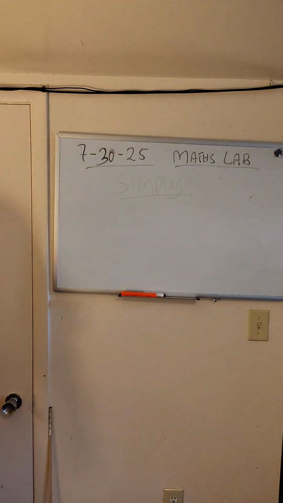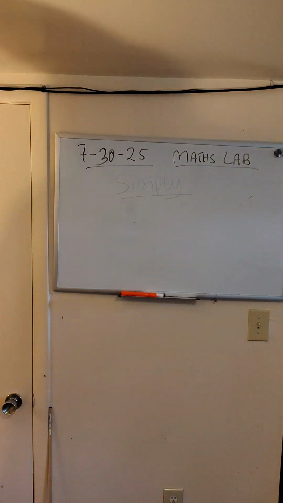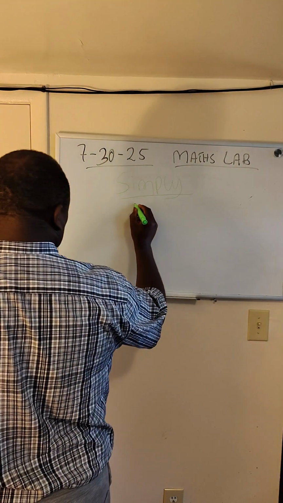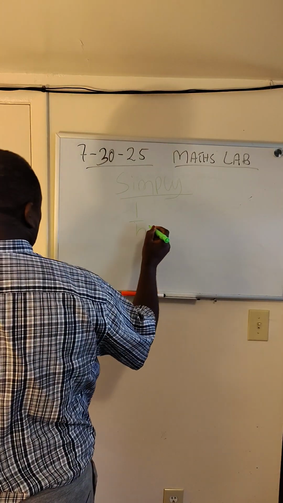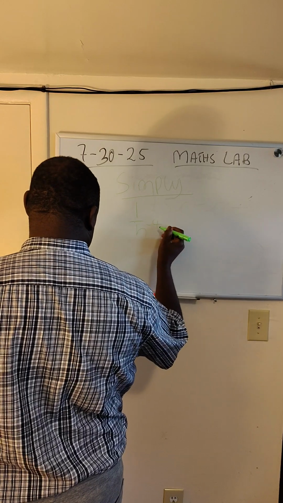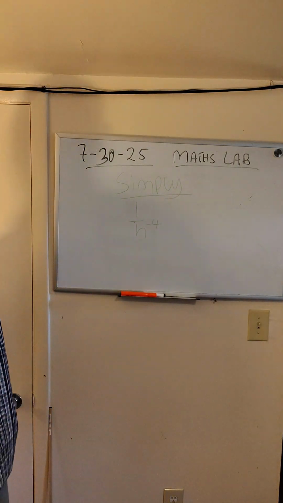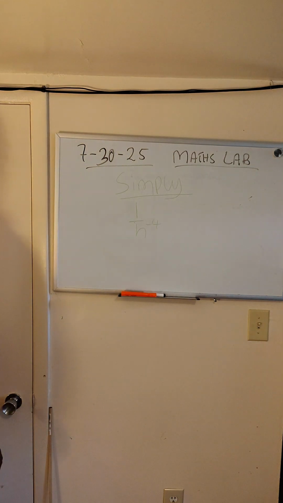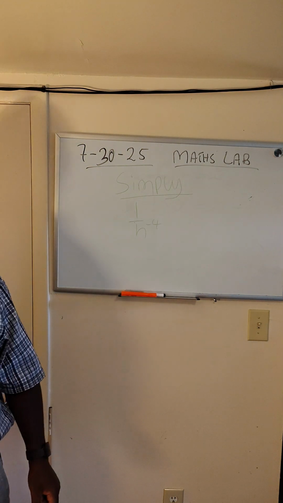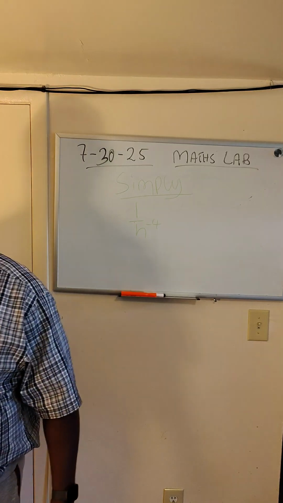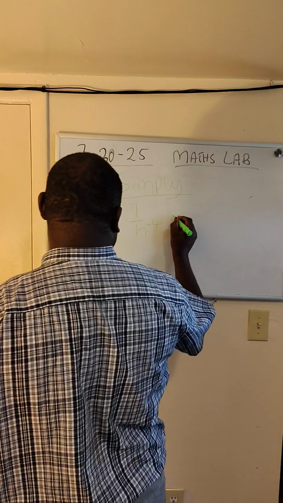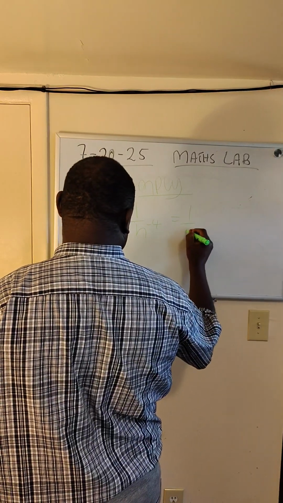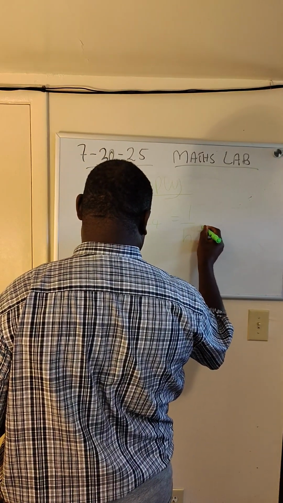And I got some examples right here. For example, if you are given 1 over h, and this h has been raised to the power of -4. So we've been given 1 over h raised to the power of -4. How do we simplify that? Now, to simplify that, we are going to say this is equal to 1 over h raised to the power